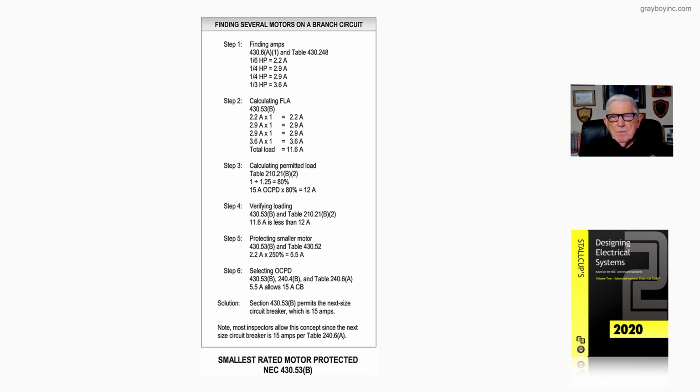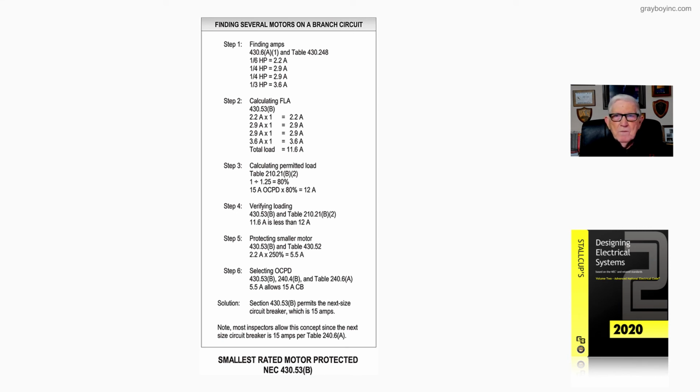So when we apply then our table 430.52, we go through those 4 steps. What phase is the motor? Single phase. What type of motor? Induction motor. What's the design of the motors? We'll say it's a B, class B. Then we're going to use an inverse time circuit breaker in the 5th column of table 430.52, so we pick up the 250% rule. So when everything is done and completed with step 1 through step 6, the solution shows,